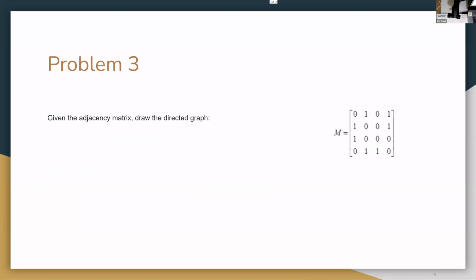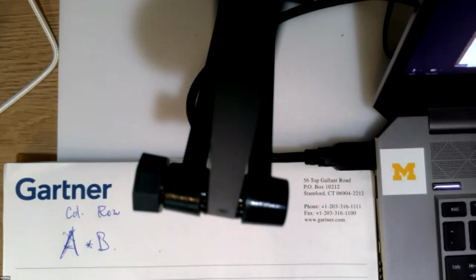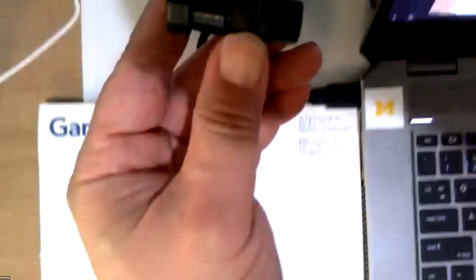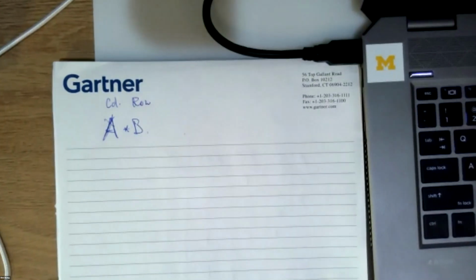Oh, we got to do turning that. Okay. See, how do I do? Stop sharing. Okay, what's going on? Okay. So